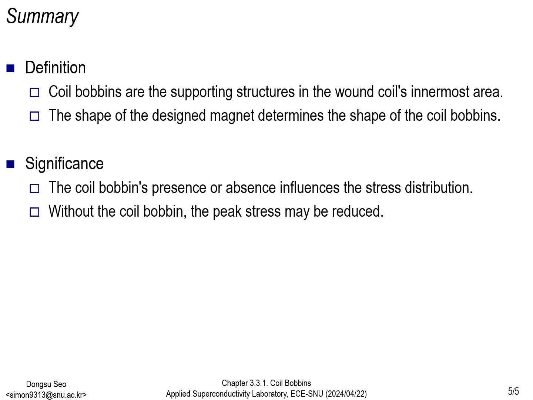In this lecture, we covered the definition of coil bobbin and its influence on stress distribution. First, coil bobbins are the supporting structures in the wound coil's innermost area. Their shape follows the shape of the designed magnets. Moreover, the presence and removal of the coil bobbins influence the stress distribution. The stress distribution graph shows that the peak stress was reduced after the coil bobbin was removed,